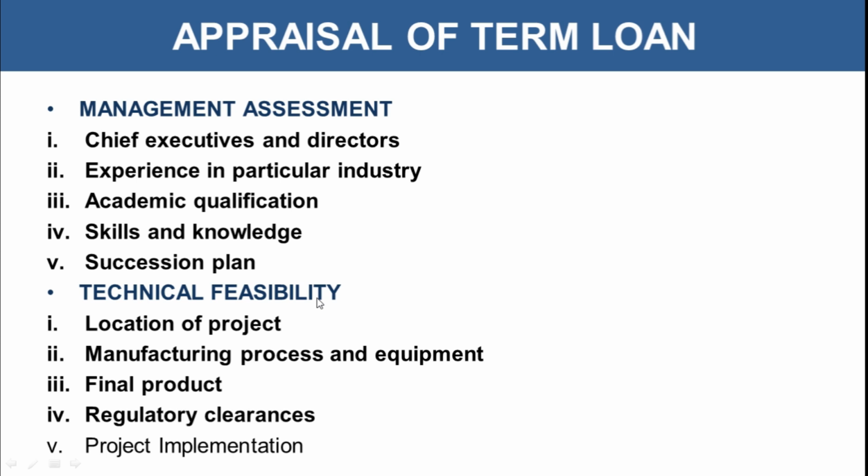The regulatory clearances. So is the business abiding with the laws and rules and regulations which should be complied with by the business or not? So regulatory clearances, do they have them from the government? Are they following all the rules and norms? So project implementation, whether the project is being implemented in a timely manner and what would be the cash flow generation, the projected cash flows, the revenues from that particular project. So all these would show the technical feasibility of that company.